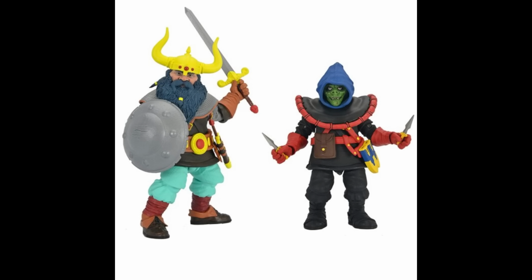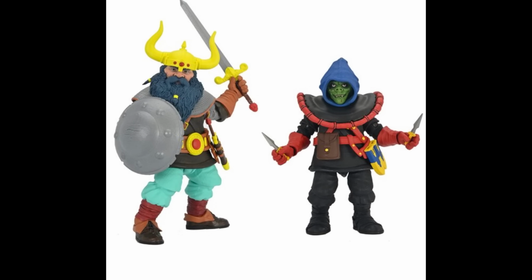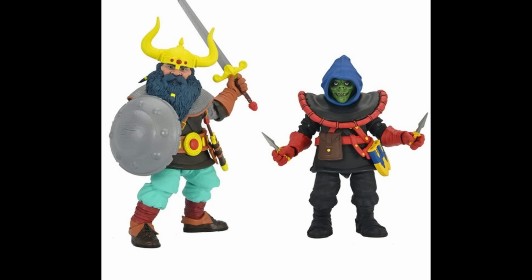All right, moving on from Transformers, because we got a lot to talk about. This is the Walmart exclusive Walmart CollectorCon vintage set. They call it the Dungeons & Dragons 7-inch scale figure vintage bundle, and it is a retro set of these figures. But what's really cool about it, it's the Elkhorn and the Zarak, and they're repainted and given the vintage weapons,